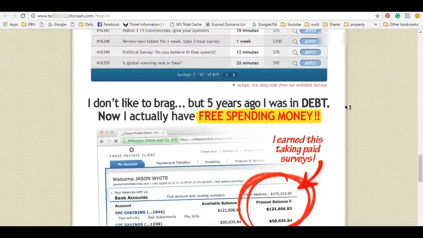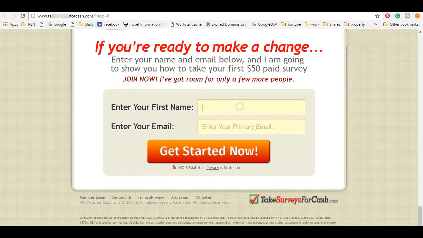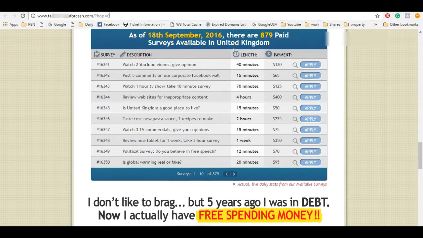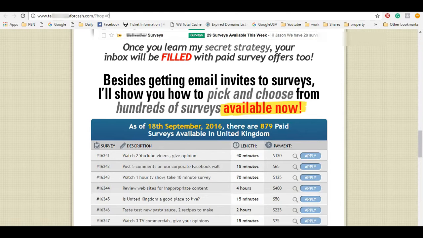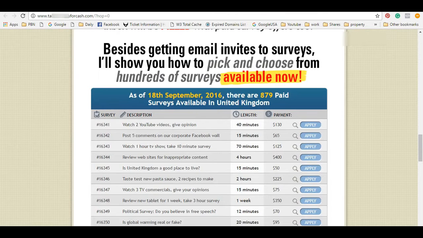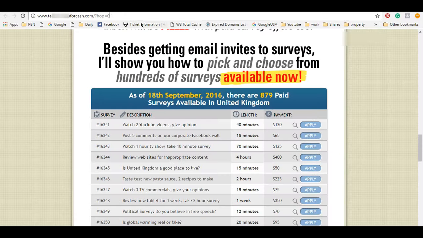So yeah, you get all this. This is very, very common, and you come down the bottom there and they get started now. And once they go through there, you see where it says hop equals nil already. Even from there, that is a ClickBank affiliate. So if I bought this now, ClickBank obviously are not affiliated to themselves. That's why it says hop equals nil. But if it was your affiliate, it would say something else in there.